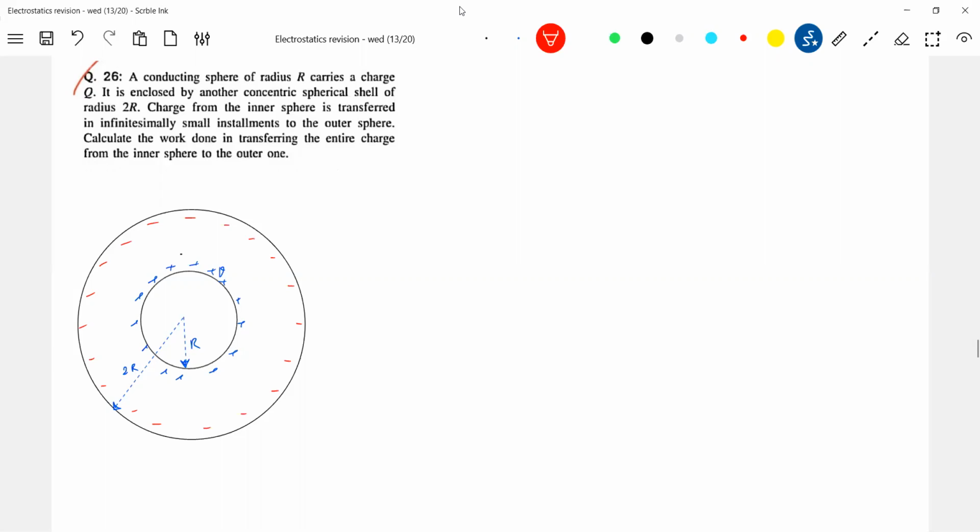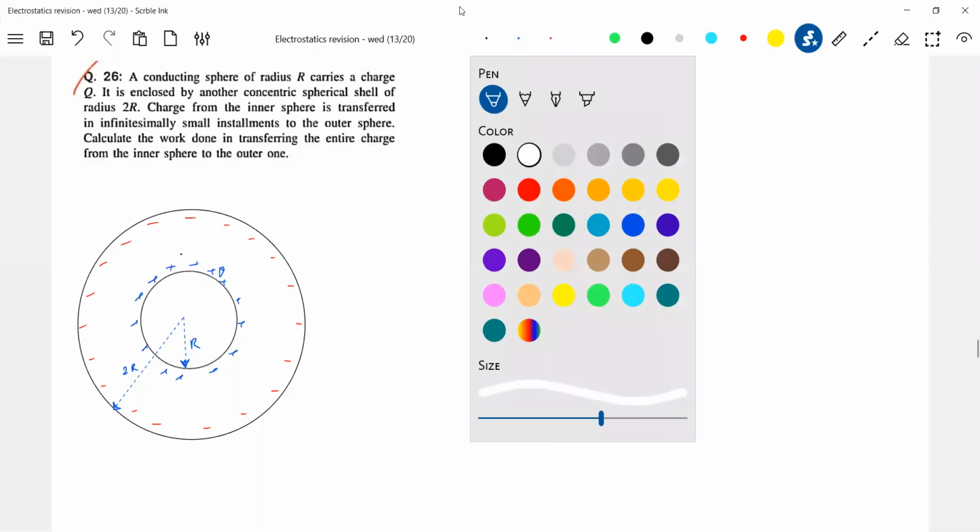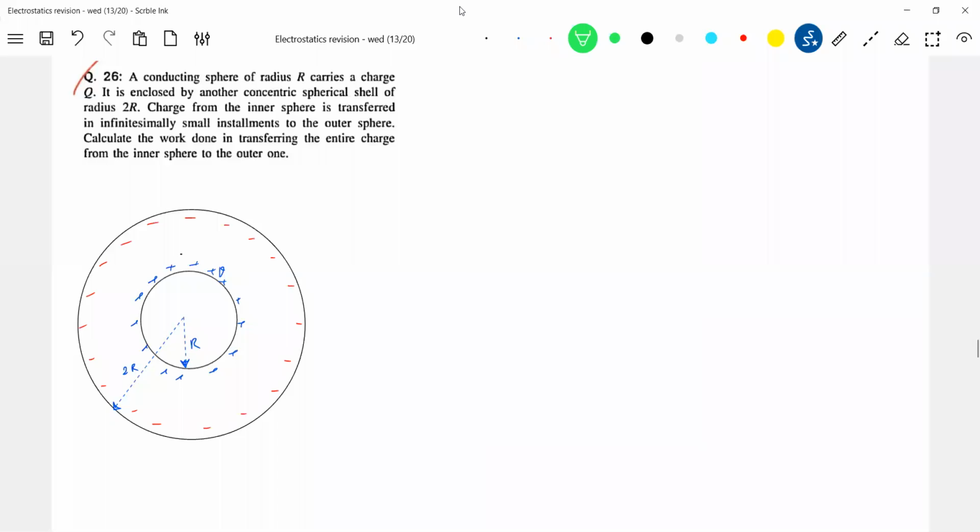And it will further induce a charge. Now what will be all these charges? Should be same, no? Because the net charge of the outer shell is 0. So therefore minus q plus q will be there. So here minus q, and this will be minus q plus q. So we will give the names shell A, shell B like that. It'll be easy for us to write the equation.